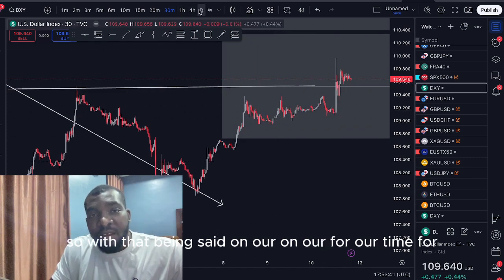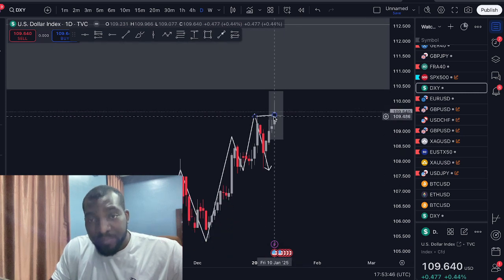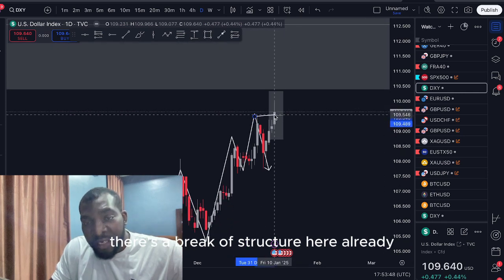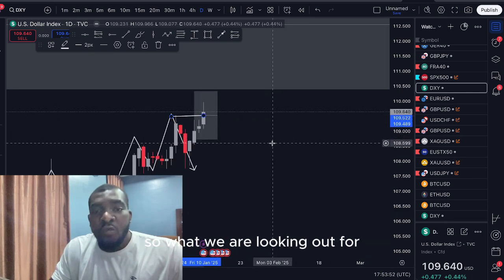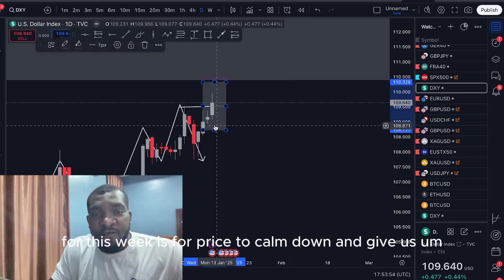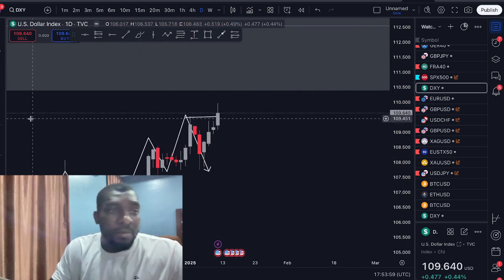So with that being said, on our 4-hour time frame, we could see that there's a break of structure here already, even if it's a weak break of structure. So what we are looking out for this week is for price to come down and give us